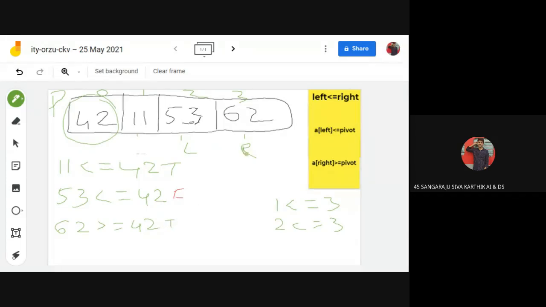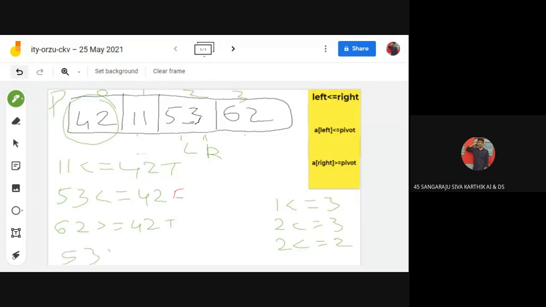Then it will move one step backward. So now this will be my right value. So now we are checking the first condition. 2 is less than or equal to 2. So my condition will be false. Then it goes to this statement, already we are false. So then this statement will occur. That means my right value 62, 53